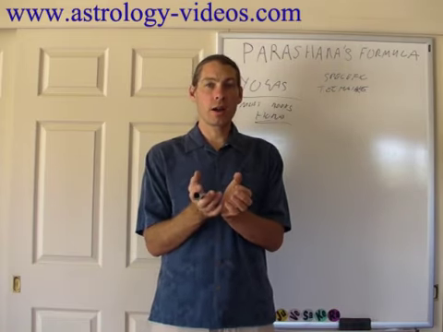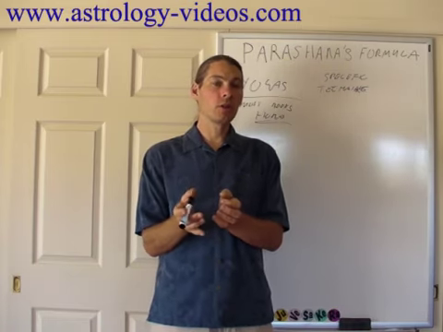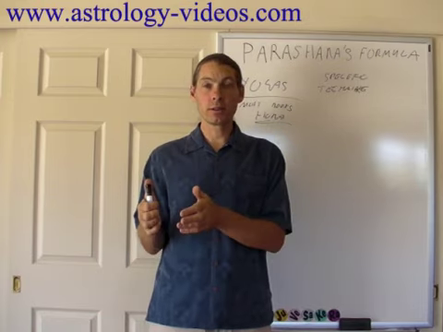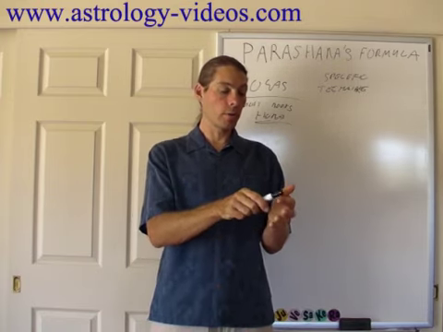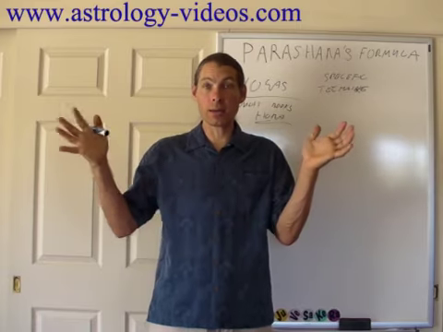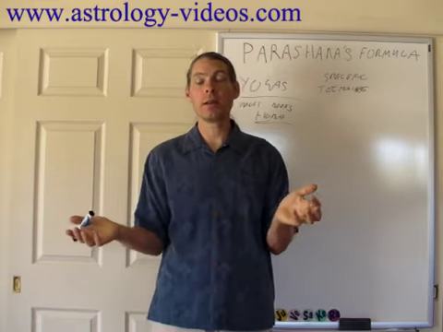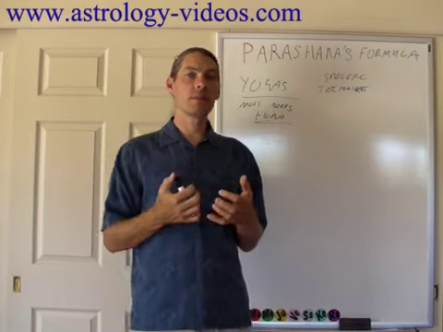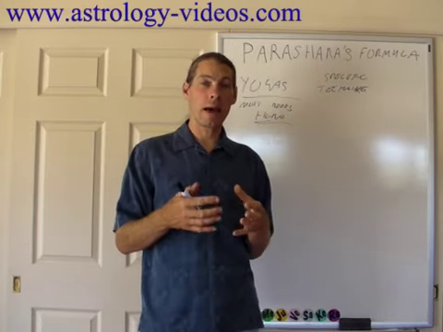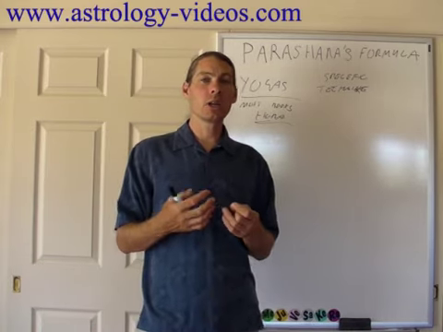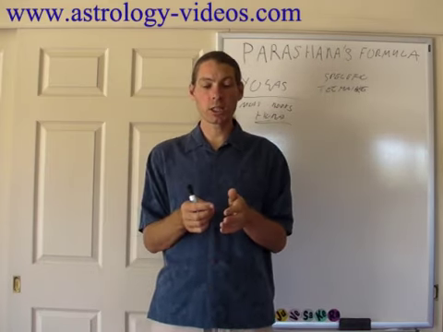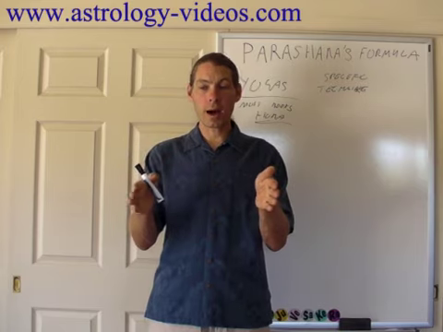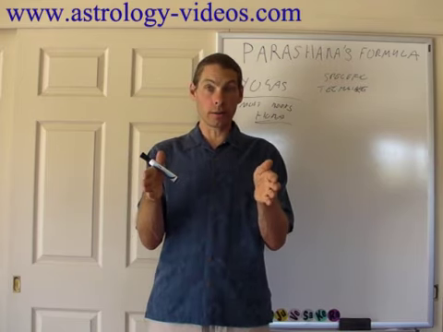40% is not a great result, but predicting the amount of children is not a yes or no answer, right? It's 1, 2, 3, 4, 5, 6, 7, 8, 9, 10. You know what I mean? It's a possibility. So 40% results is pretty good when you look at it in that context. But it's not good enough to stake your reputation on, because when it comes to making a prediction, you say 4, they have 5, you're wrong.